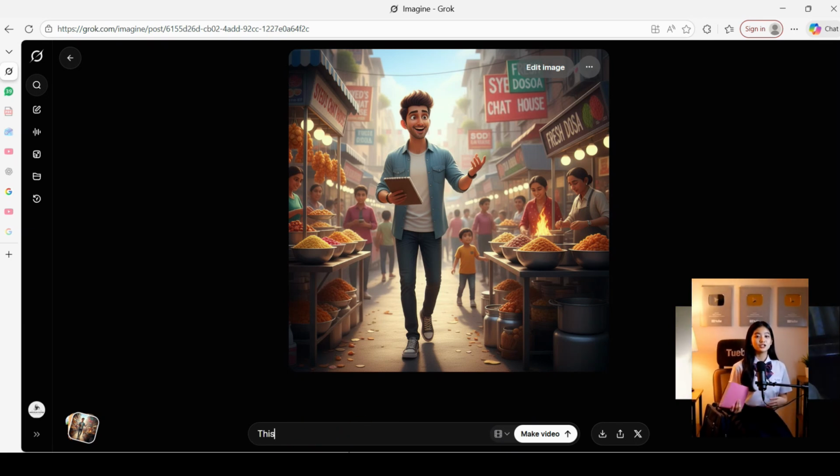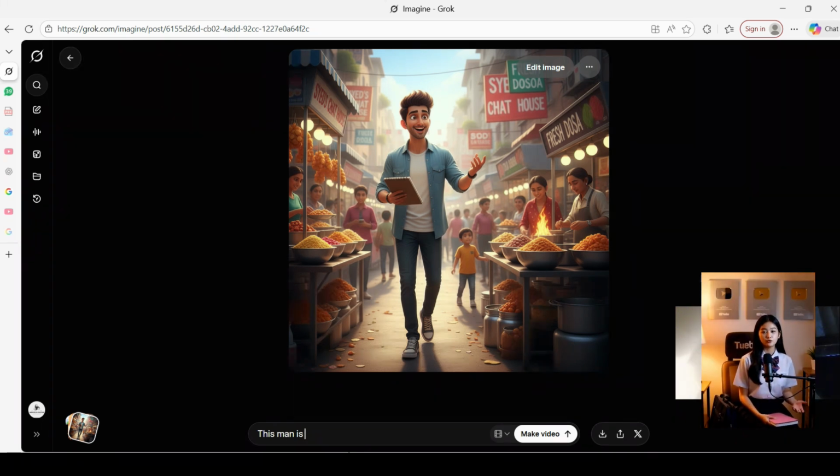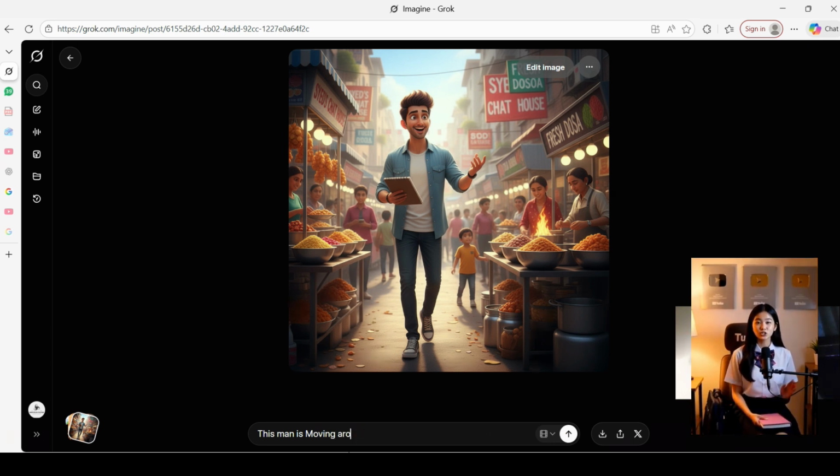I prefer you write your own prompt, or if you take one from ChatGPT, then change it a little bit, because sometimes YouTube can give you a copyright or reused content error if you take it from ChatGPT completely. So for your safe side, don't use ChatGPT content completely and try to change it a little bit.